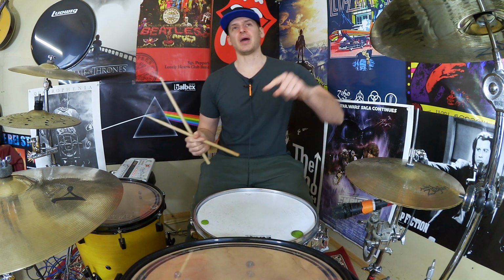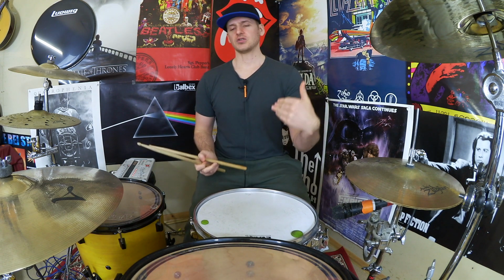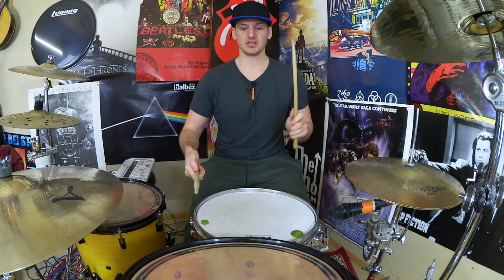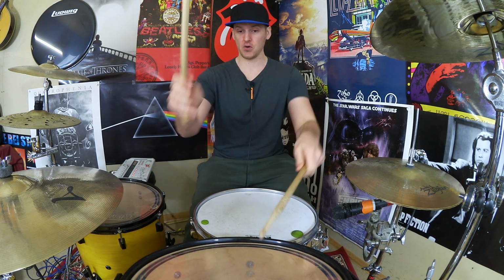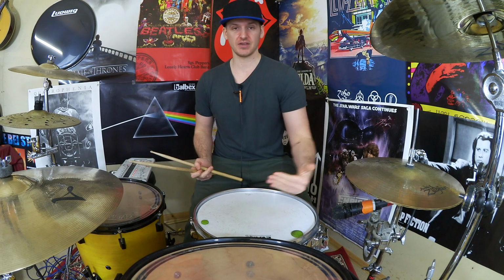Now, going back to the end of the first measure, where we had those two little high toms right at the end, we're going to almost treat that as part of the second half. So we're going to play our big snare, our two really fast, slow, really fast, slow. Snare, really fast, slow, really fast, slow. Here's the glue. And then we're going to go straight at that high tom. Whatever speed we're playing the high tom, we're going to keep the same speed when we go for the second half. So we get...